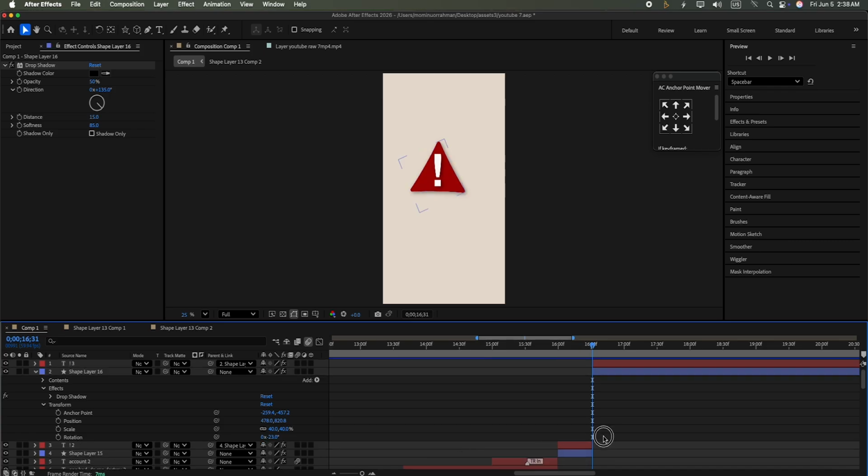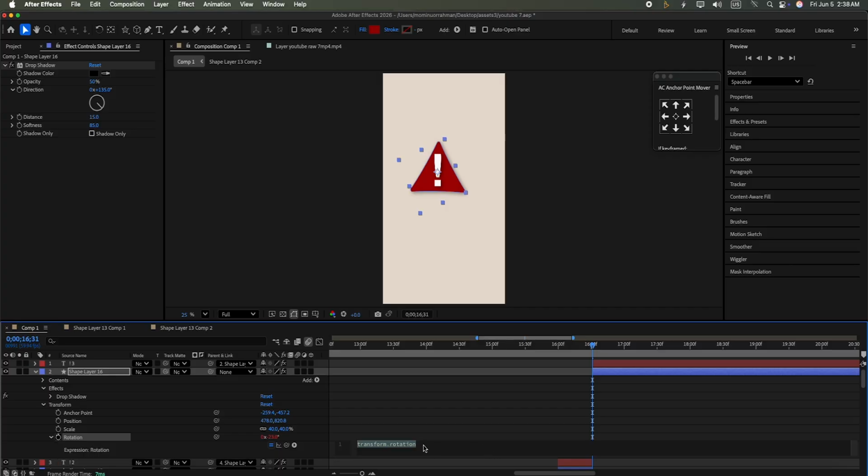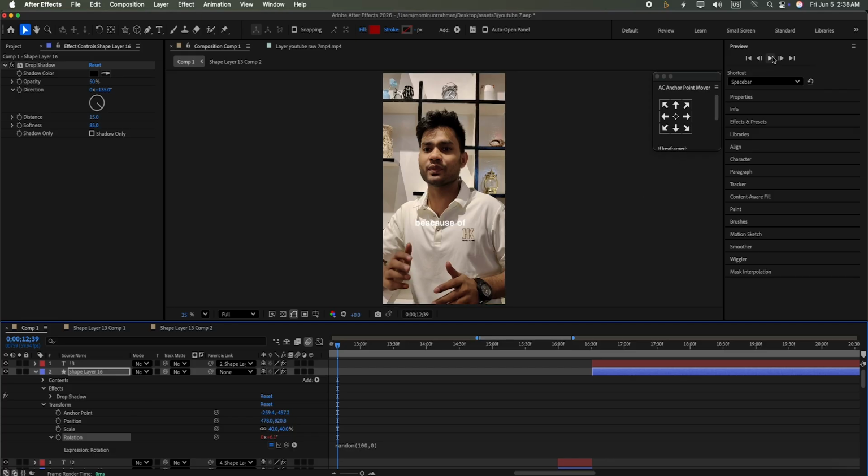Now we go to the opacity and click keyframe on, and then the expression we write random, first bracket 100, 0. So now we see it